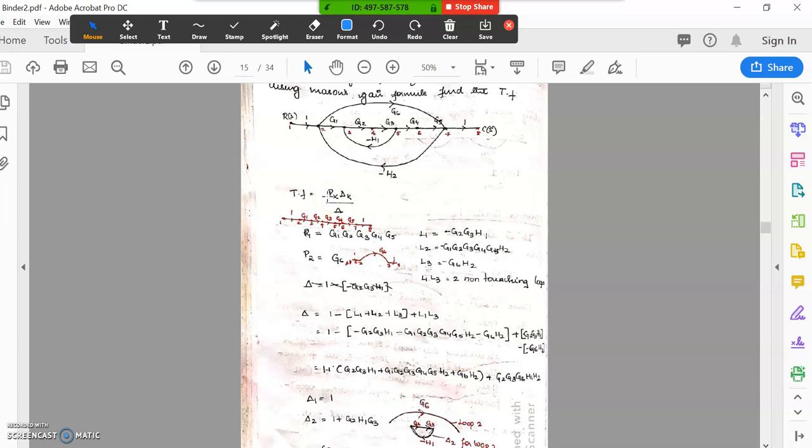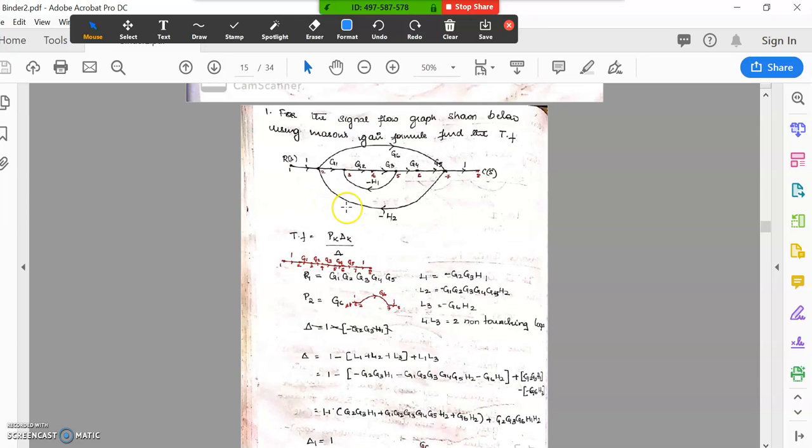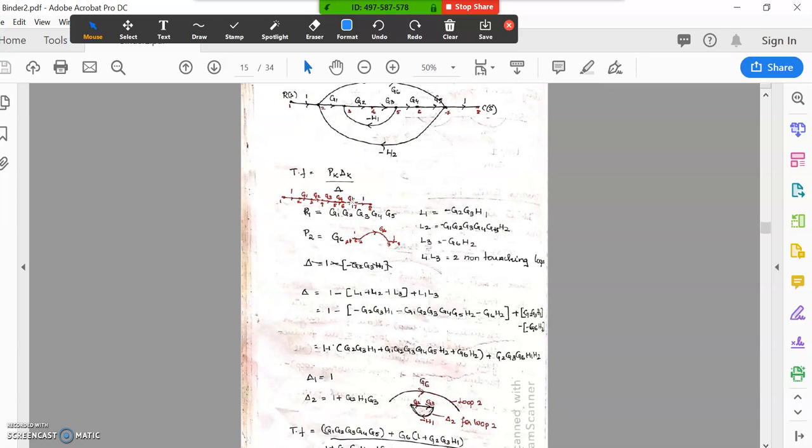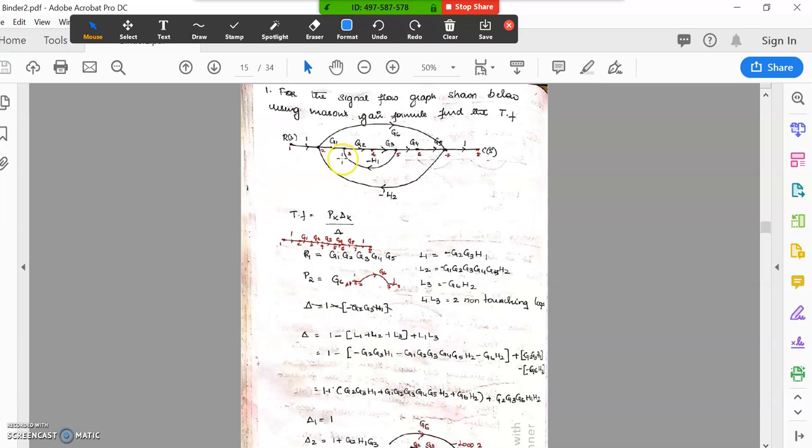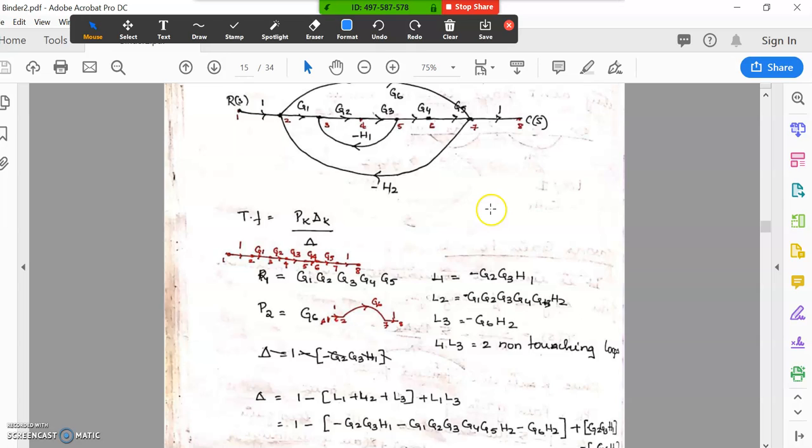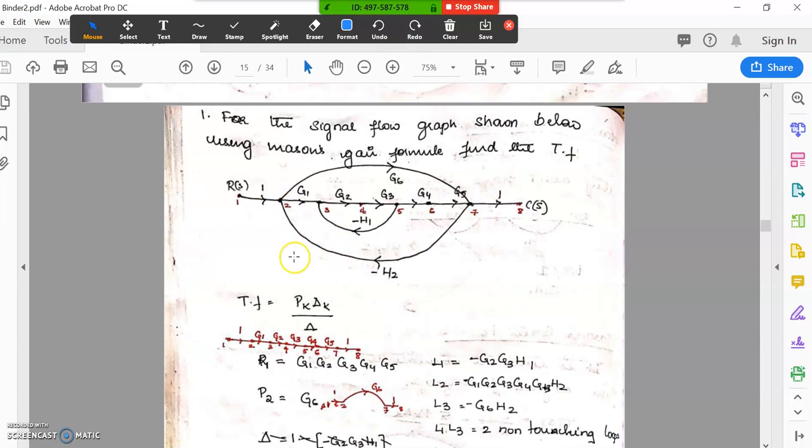Let us see Pk. Pk is the forward path. How many forward paths does this signal flow graph have? It has three. It has one, it has two. We have written the forward path also here. See, the forward path here goes from